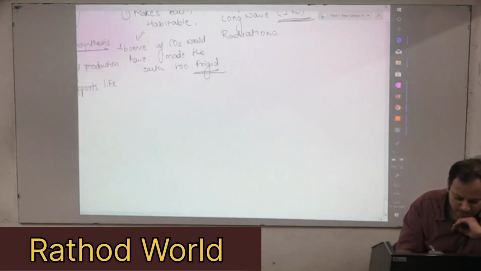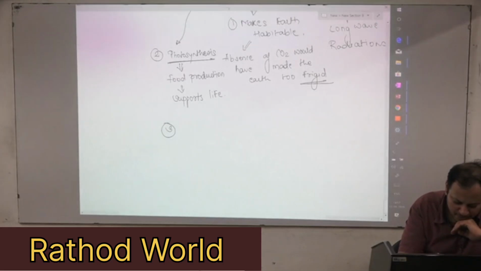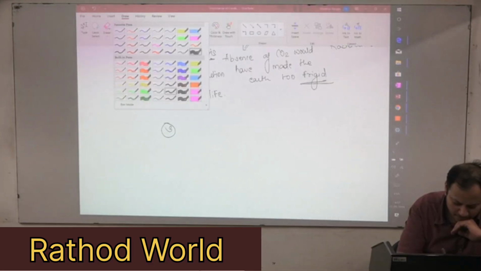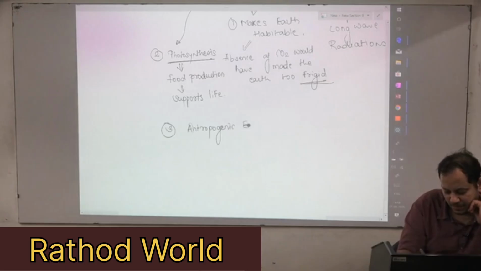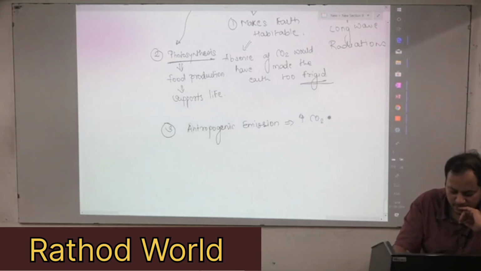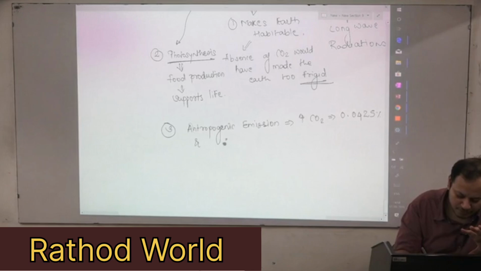And the third important thing about the carbon dioxide is, in the recent times, as the amount of carbon dioxide is increasing, that is the anthropogenic emissions are increasing the CO2, which has now become 0.0425% instead of the original 0.03%, and therefore we have